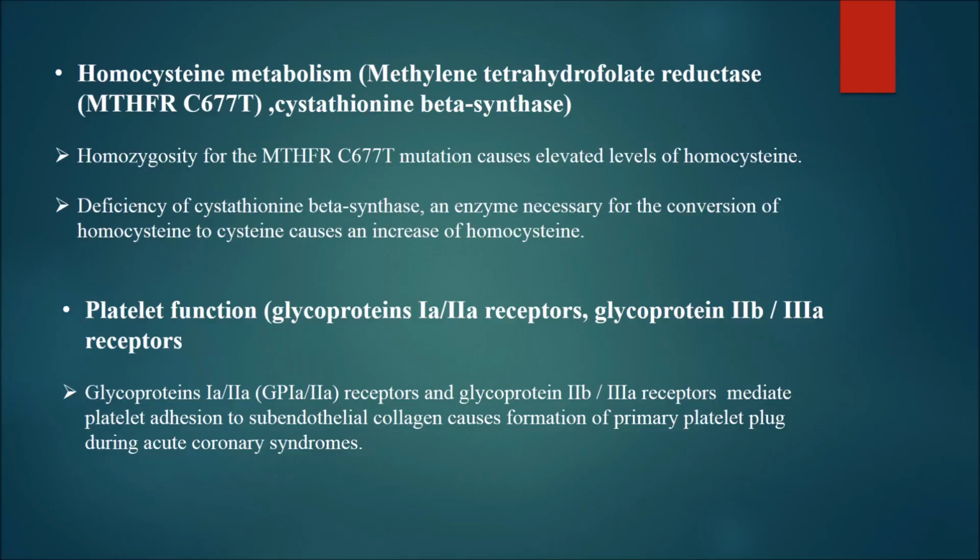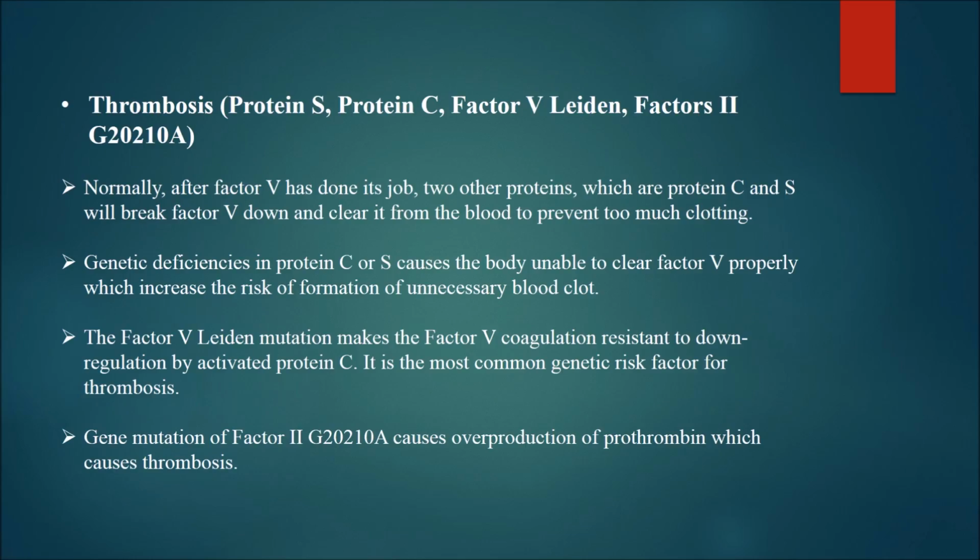Platelet function is influenced by glycoprotein 1a/2a receptors and glycoprotein 2b/3a receptors, which mediate platelet adhesion to subendothelial collagen and cause formation of the primary platelet plaque during acute coronary syndromes. Thrombosis is influenced by protein S, protein C, factor V Leiden, and factor II